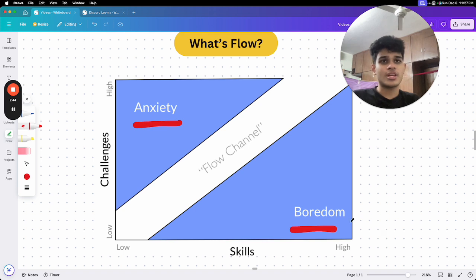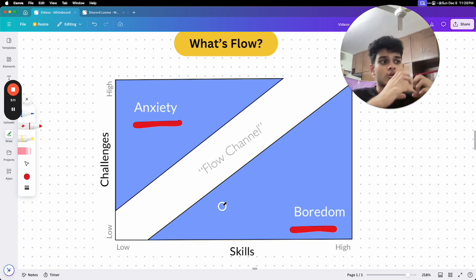And if you get bored, you're not going to be able to focus, which is why if somebody sat you down today and just said, say the ABCs for 1 hour, your skill level is so damn high, you're just going to die out of boredom, which is why you won't be able to get into flow. So when you decide to get into work, when you decide you want to get into flow, you want to become focused,